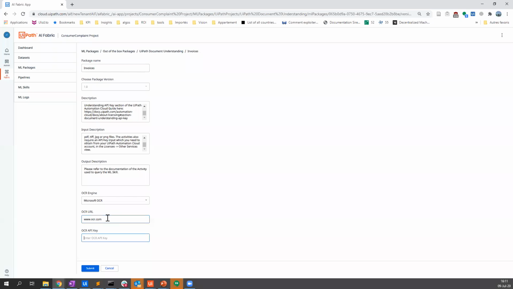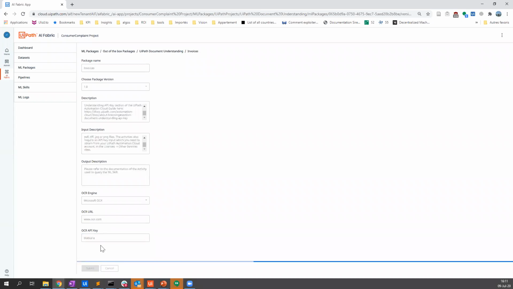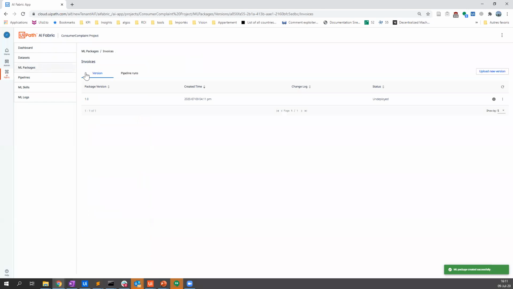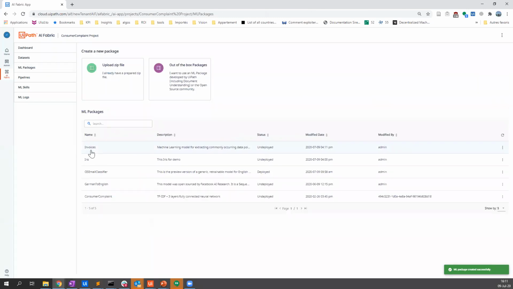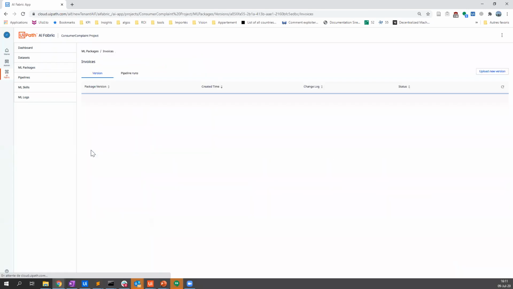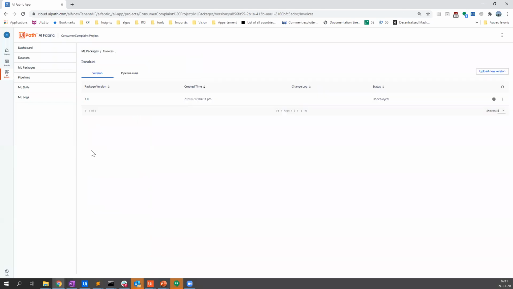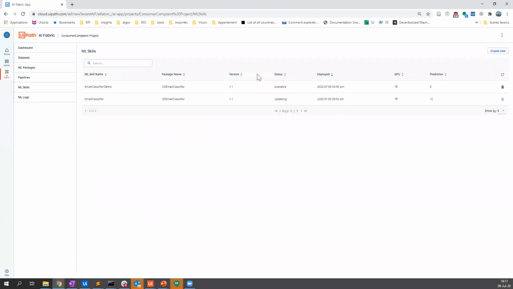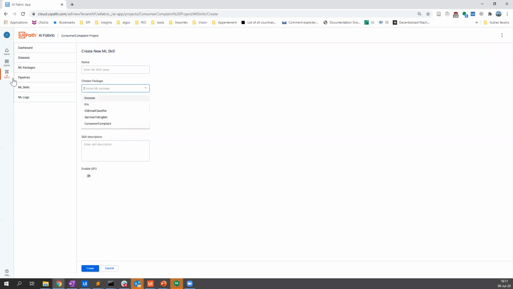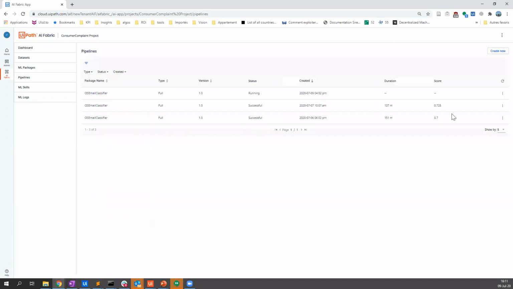OCR, blah, blah, blah. Of course this won't be usable, but it's just for the demo. So you submit it. And now if you go back to your ML packages, you have this new package, which is invoices. And it's ready to be deployed if you want to go to ML skills and create a new skill based on invoices, or if you want to retrain on your own documents, then you can start a pipeline on invoices.